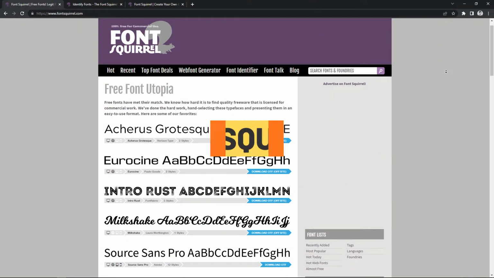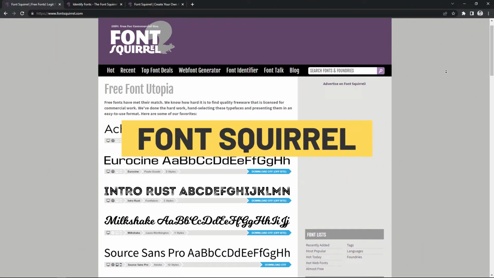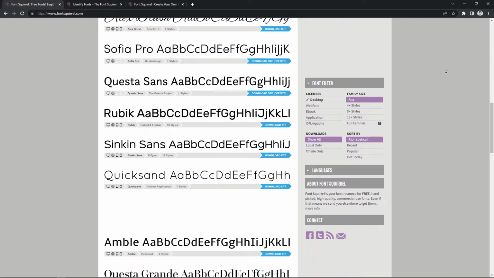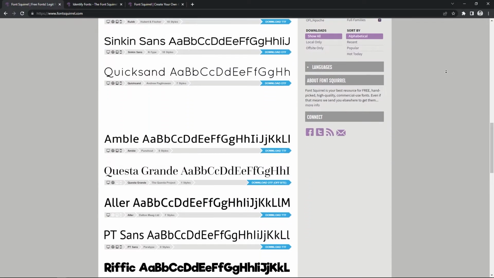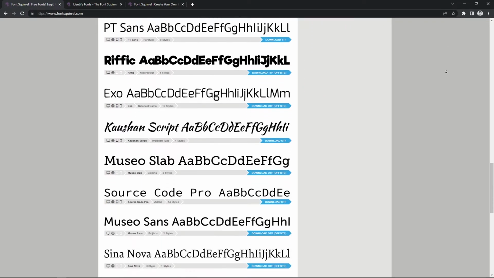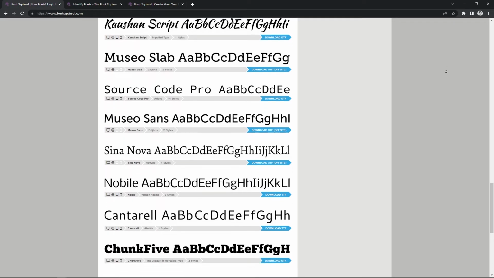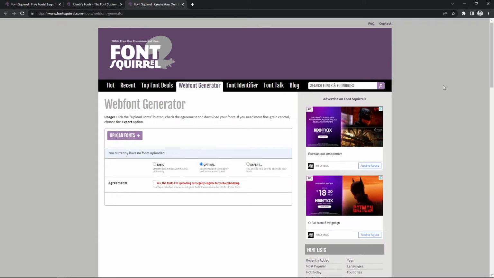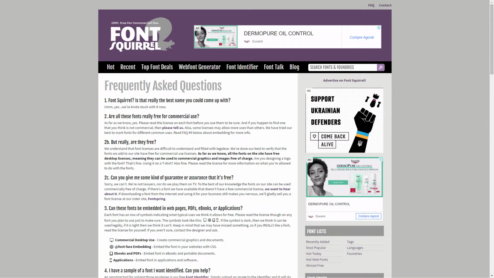Now, when the matter is fonts, there ain't no better place than Font Squirrel. This is simply the best collection of free for commercial use fonts available on the internet. Font Squirrel curates hundreds of fonts of all kinds in an organized and easy to use way. The website also has a great tool for identifying fonts, as well as a web font generator. And even though all fonts are free for commercial use, it's always recommended to read the license that comes with the font files. You know,